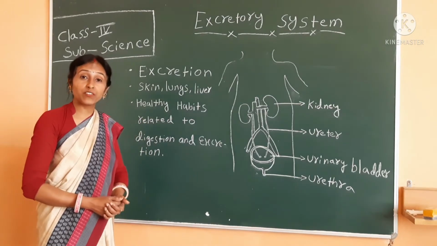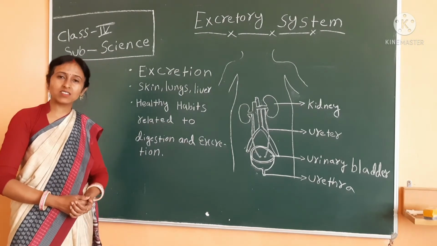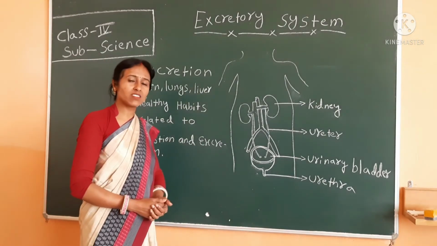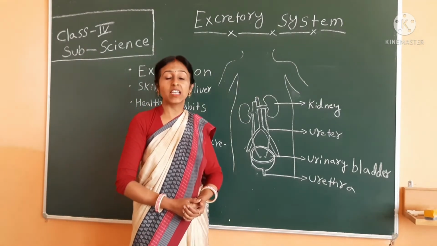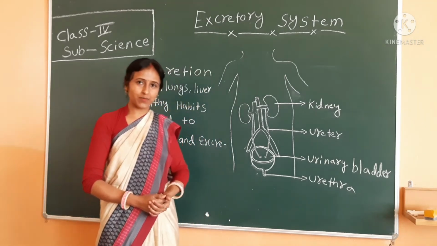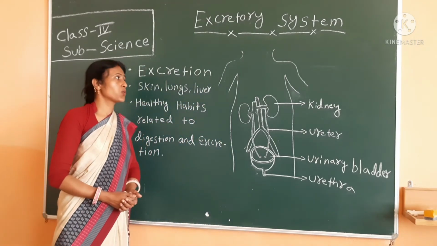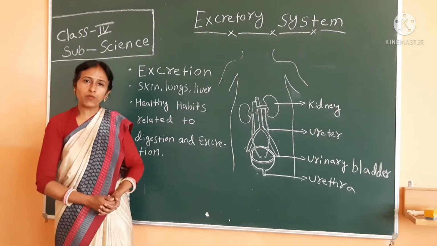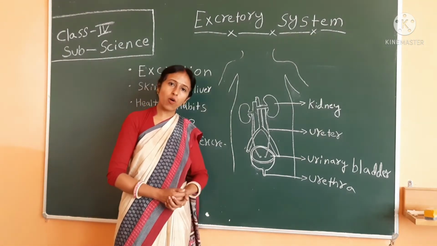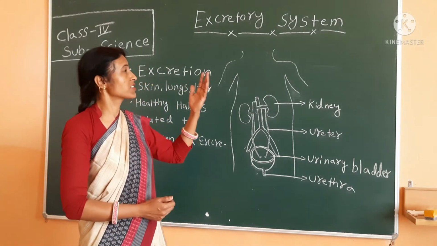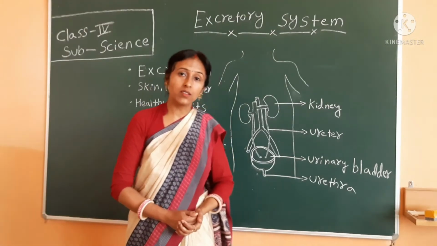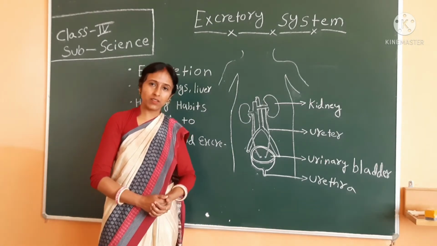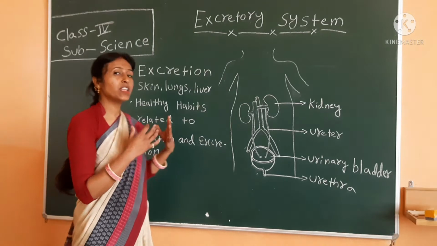So what is the definition of the excretion process? The process by which the harmful substances come out from our body is known as excretion. Okay? So various organs are included in this system. What type of harmful substances is formed in our body so that the excretory system is required? Urine. What's the name? Urine. Basically, this urine is formed with the help